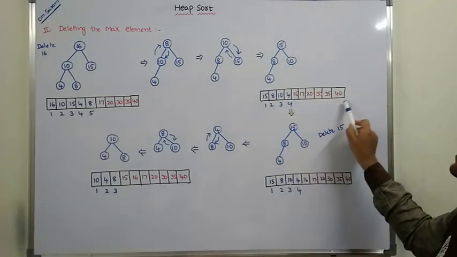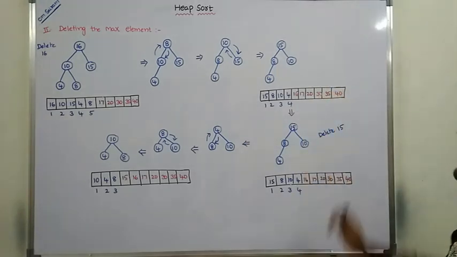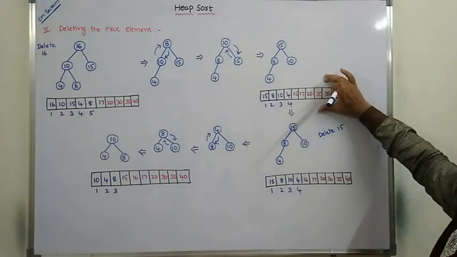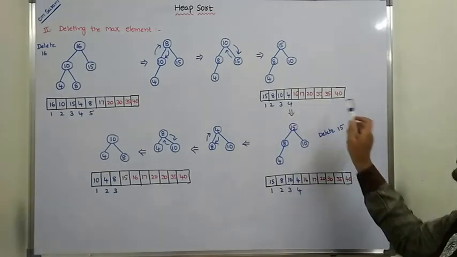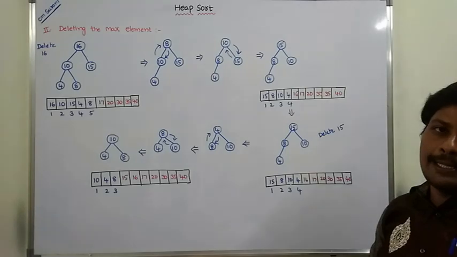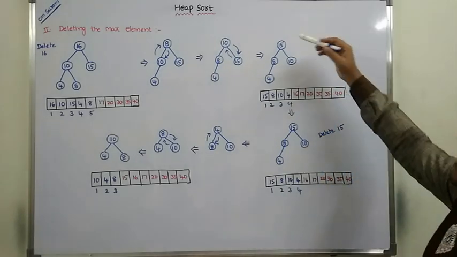These are the deleted elements from the maximum heap. We do not consider this one. We have to use the free space, so in that free space, we have to put the deleted elements. Okay. Now, next,